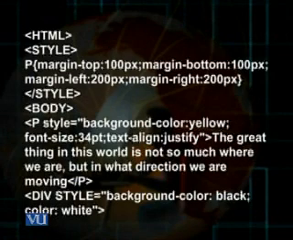Again, we start with the HTML tag, then there is the style tag, and then you can see I assign certain properties to the paragraph tag using a style definition. So I keep margin top 100 pixels, then margin bottom 100 pixels, margin left 200 pixels, and margin right 200 pixels. And then I close the style tag. These properties would be automatically allocated to all the paragraph tags which are used within